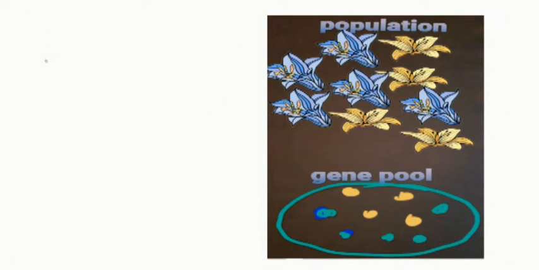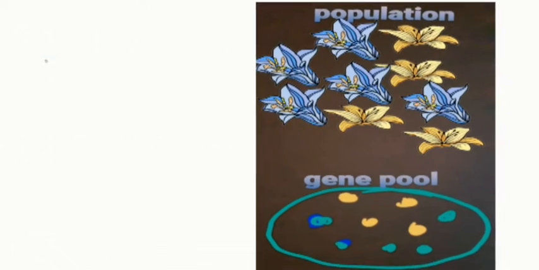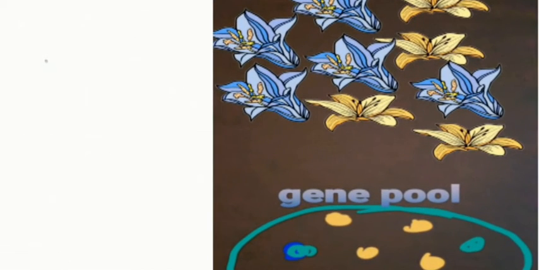But here the 3 concepts are the important ones. Which are the 3 concepts of the modern synthetic theory? Genetic variation, natural selection and isolation. First of all, we should know the population. The population means here